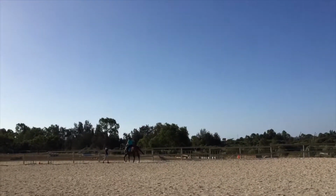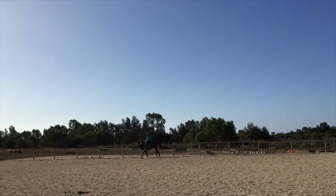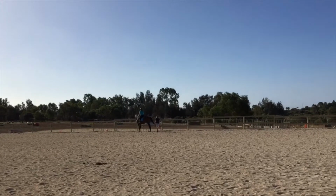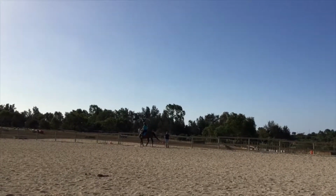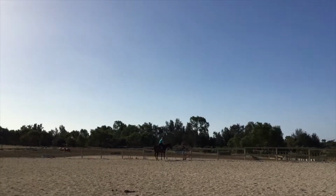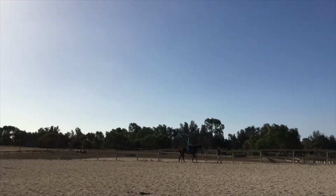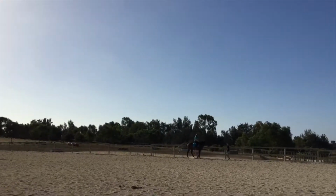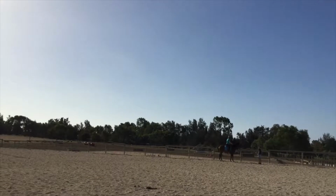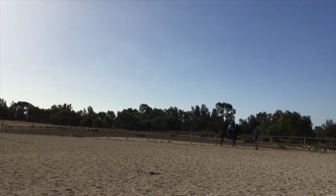So now in this clip, my instructor has told me a slightly different technique for getting a turn on the forehand. She's told me to turn him into the fence while giving him the cue for the turn on the forehand. And it kind of works, as you can see, but he does move forward. He doesn't really pivot properly. He just sort of turns really tightly. He doesn't actually do a proper